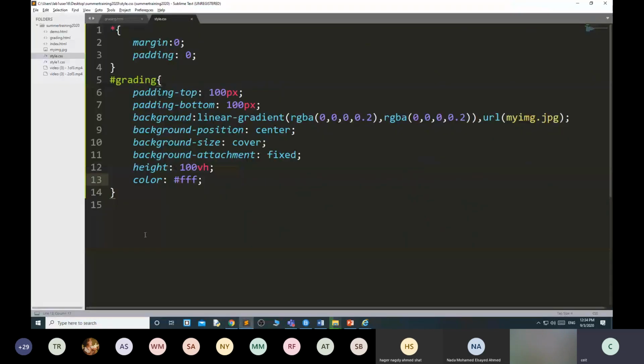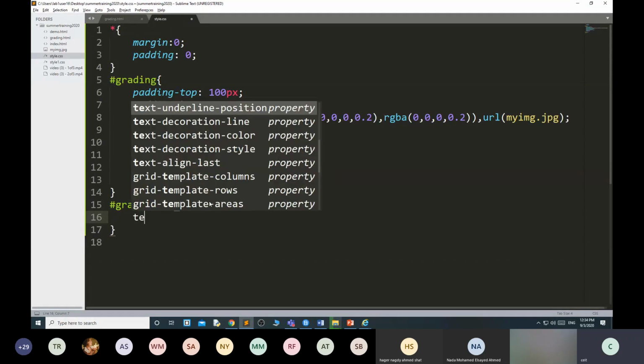Then I want to design this, so I write the grading section H2. If you write only H2, then if H2 is available in any other section, it will apply the same rule to that. That's why I'm specifying that in this section, whatever H2 is there, just apply that style to it.